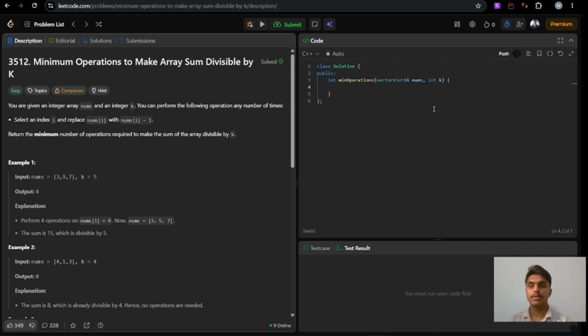So here we have to make the sum of all the array elements divisible by k, and we also have to make sure that the number of operations we perform is the minimum. So I will initialize two variables, first for sum and another for count,